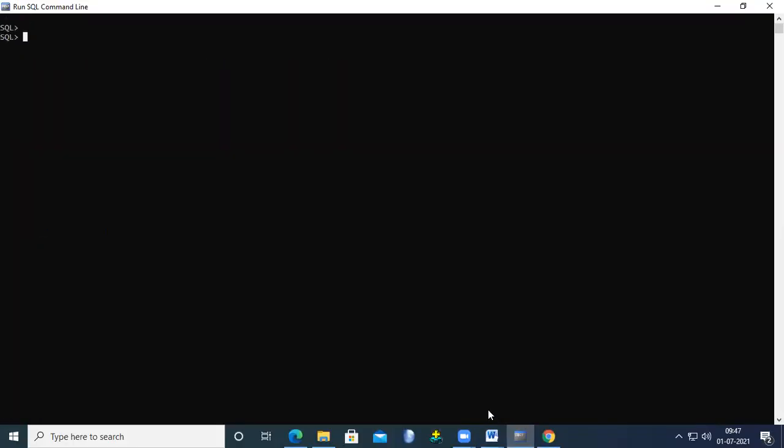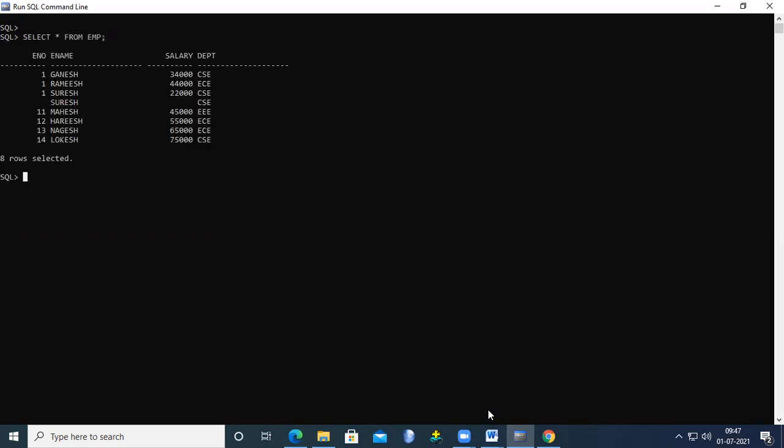Previous screen. First of all, we try to see what are the fields: select star from EMP. So here select ename from EMP where e number equals any, so here performing some comparison.